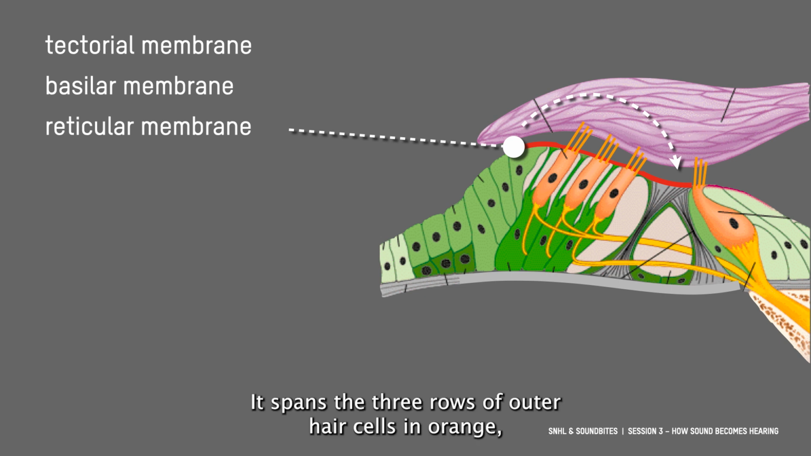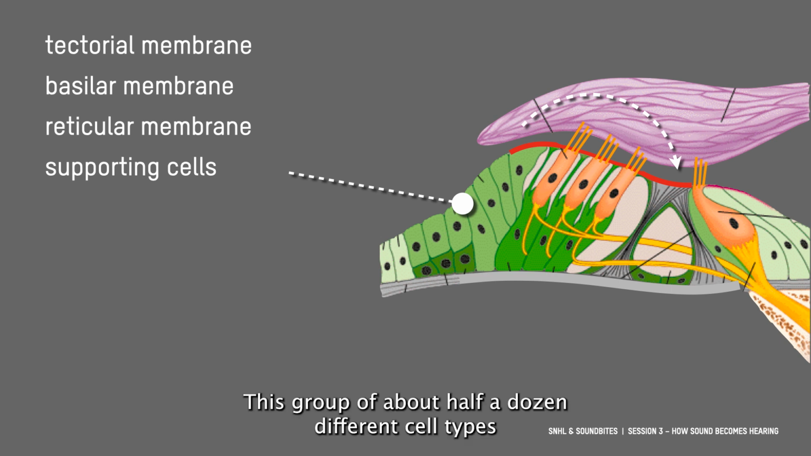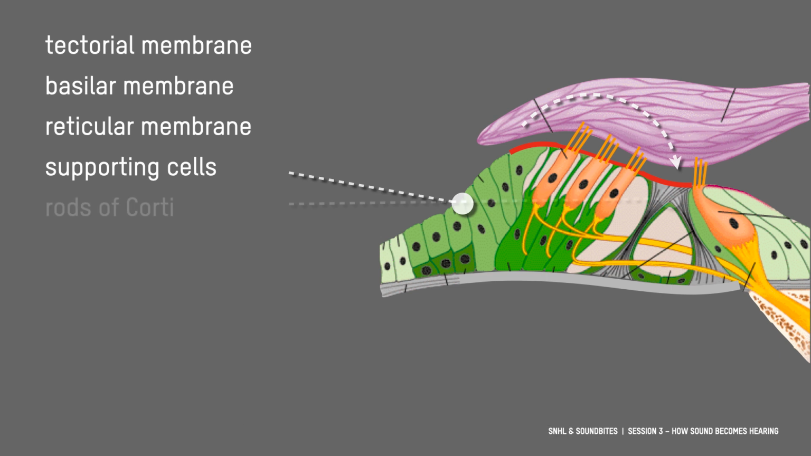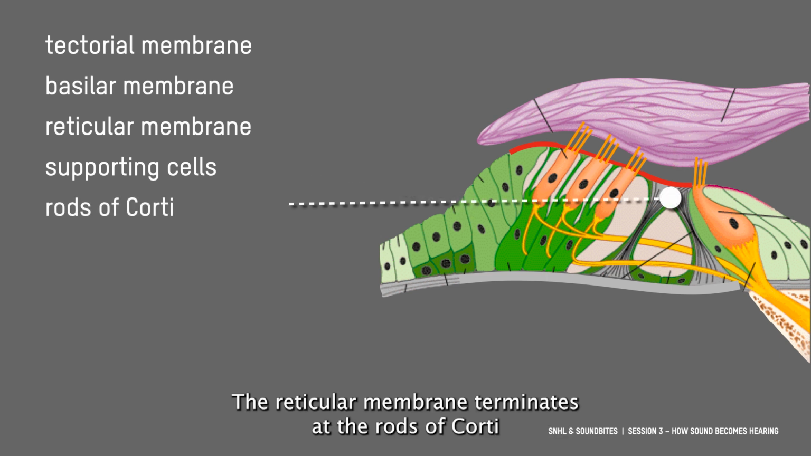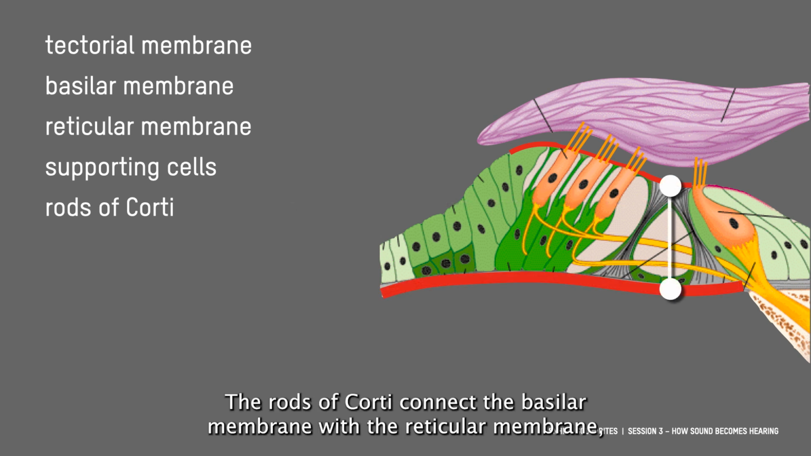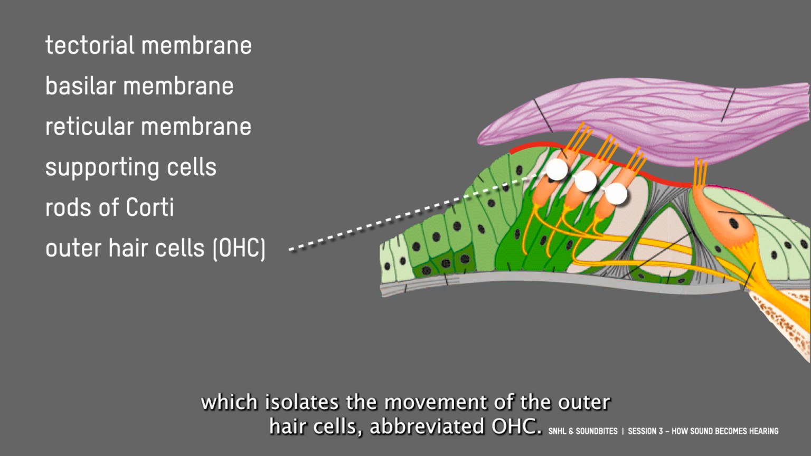It spans the 3 rows of outer hair cells in orange, starting from the supporting cells in green. This group of about half a dozen different cell types are critically important to cochlear development and function. The reticular membrane terminates at the rods of Corti in gray below the white dot. The rods of Corti connect the basilar membrane with the reticular membrane, which isolates the movement of the outer hair